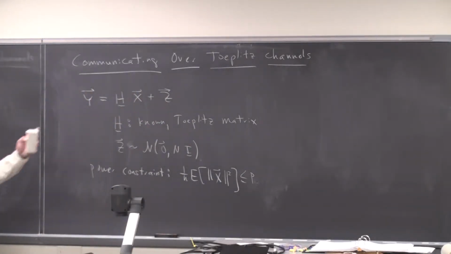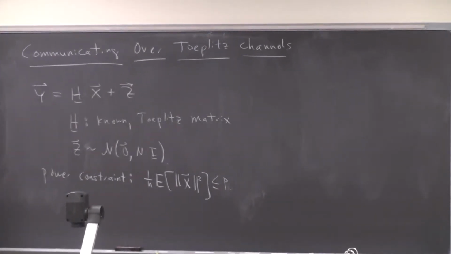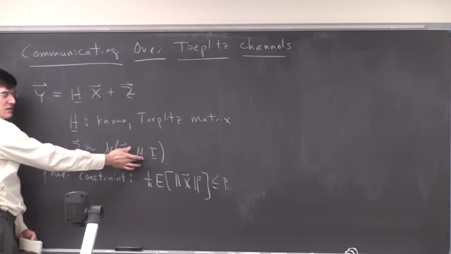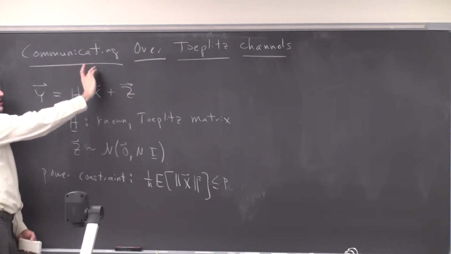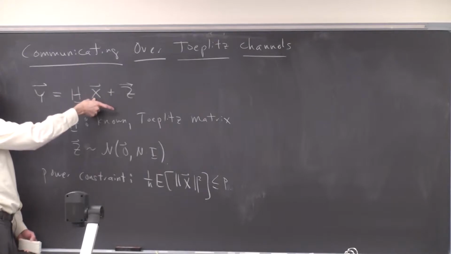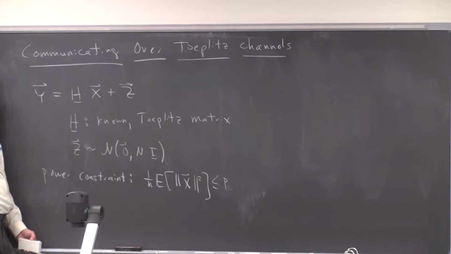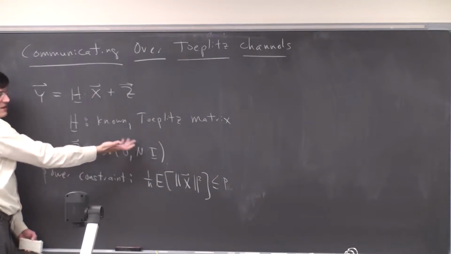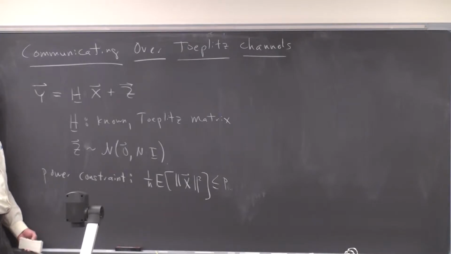Okay, we're getting close at this point. If you go back to the channel modeling section, really the only things we're ignoring at this point are the following. In reality, you don't know what N is exactly. You don't know what H is exactly. And there's a synchronization problem where the channel inserts an unknown number of zeros. It prepends and postpends an unknown number of zeros to X before it multiplies through. So we're ignoring the synchronization, the fact you don't know H exactly, and the fact that you don't know N exactly at this point. Once we do this, we have to add those elements in, and then we're done, at least for basic communication over the ComCloud channel.